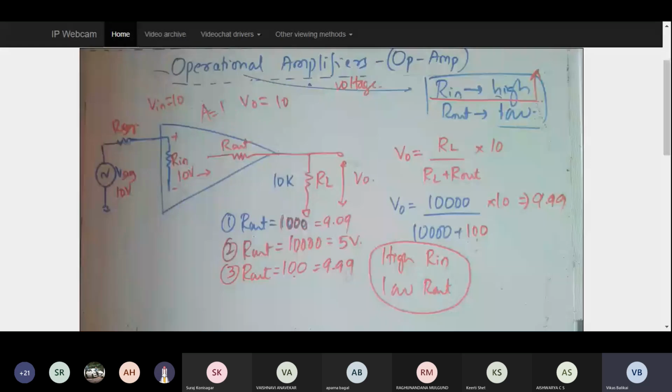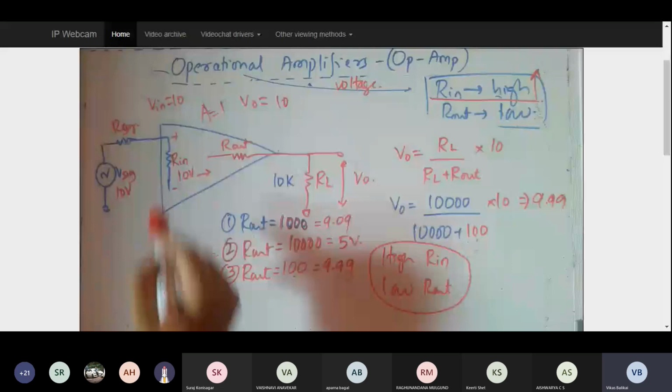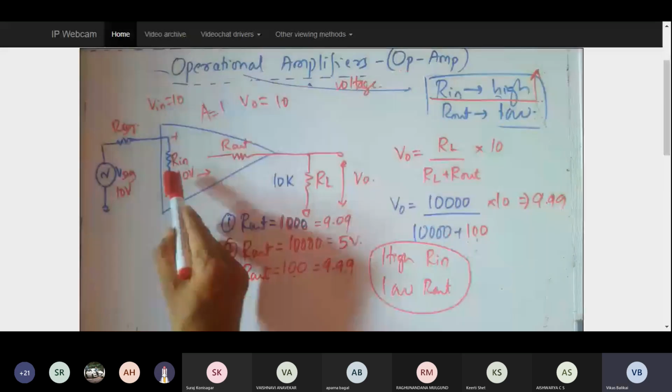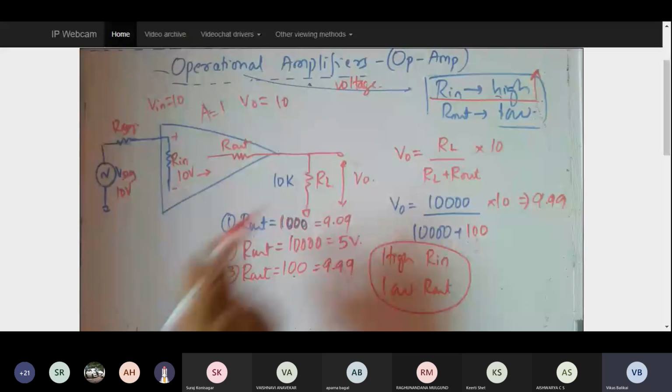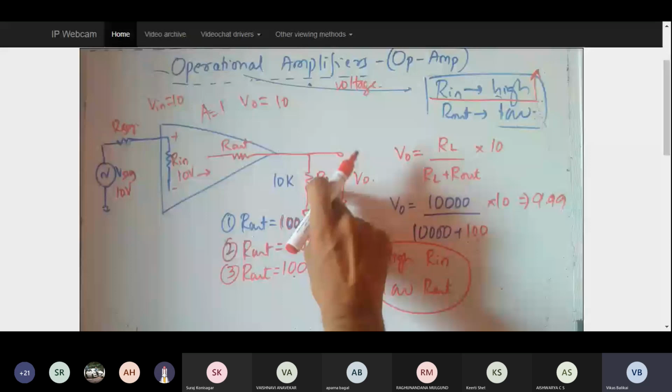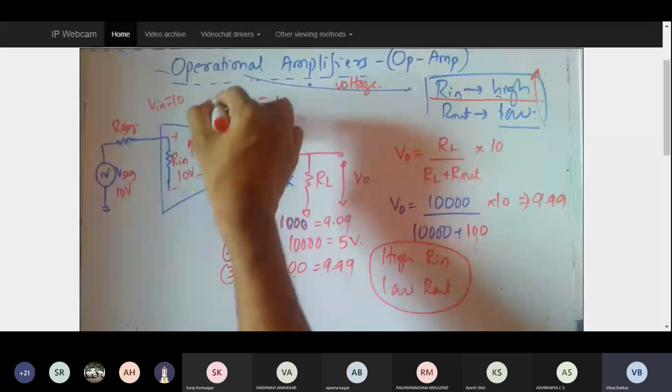And the same thing is happening at the output side. In order to ensure that whatever is being given at the input side is received at the output side, to achieve that, I should have output resistance low. Even now, everything is set. If R out is very low and R in is very high, now whatever gain I give over here,